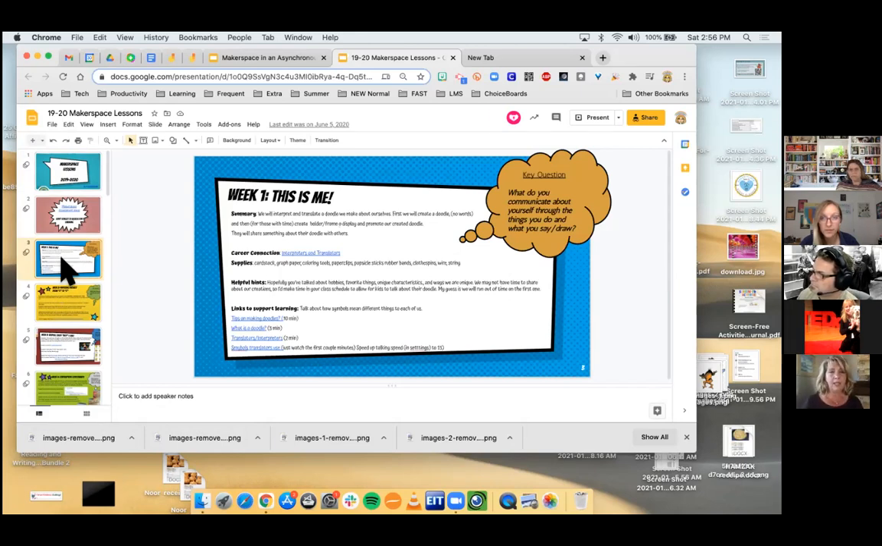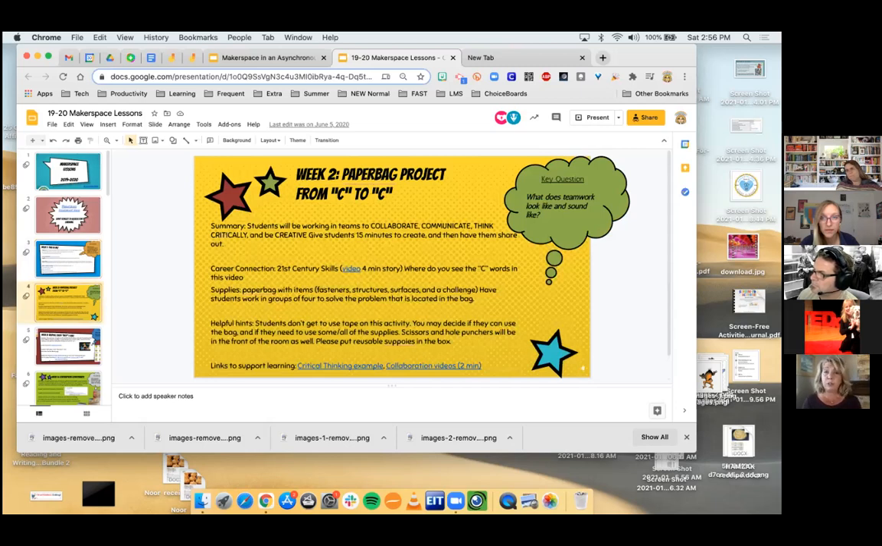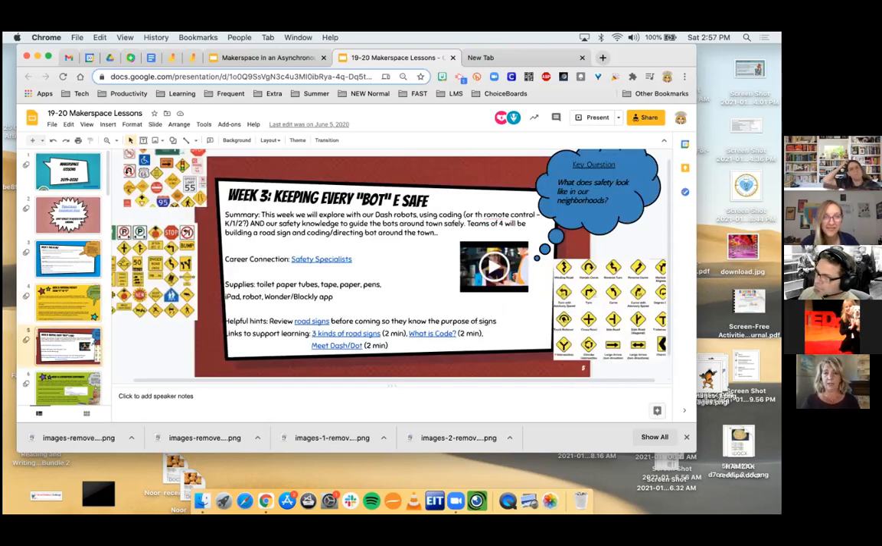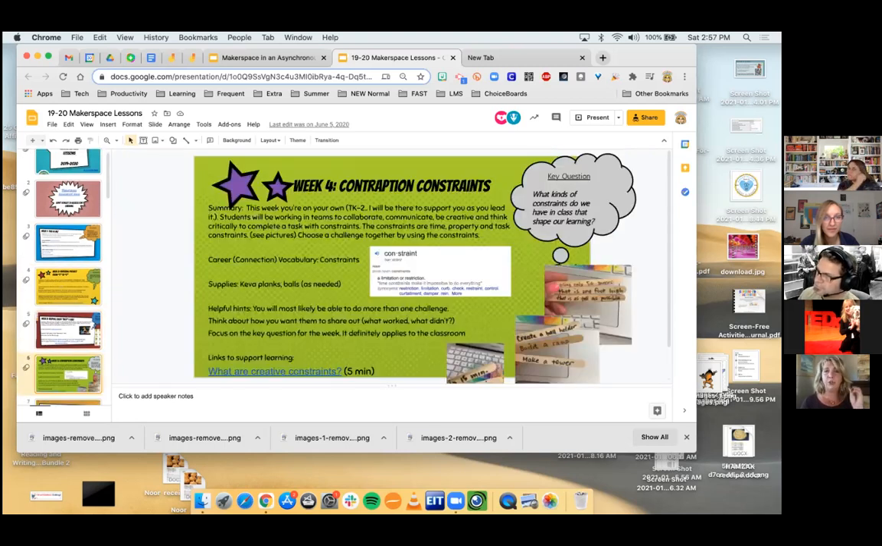Okay. And so each week it was the paper bag project, which was a lot like what we did at lunchtime, our lunchtime project. We had robotics. So there's just different things where the links are embedded into one page of a slide deck. The other way to organize it, which is what I did this year,